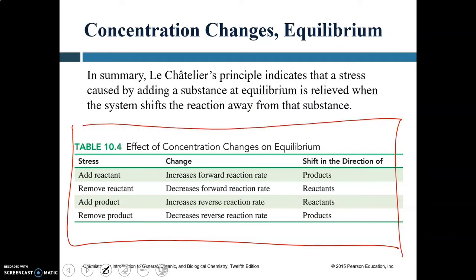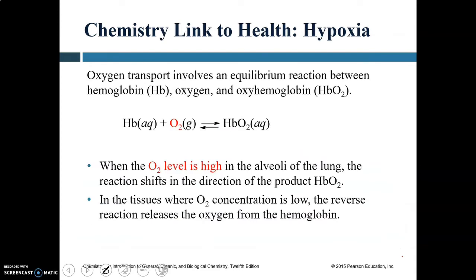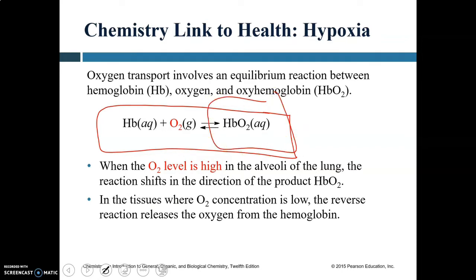I'm going to be asking about that, and we're going to move on to some link to human physiology. In this equilibrium reaction, the high levels of oxygen correspond to high levels of oxyhemoglobin right here. So that happens in the alveoli of the lungs. In the tissues, the concentration of oxygen is low, thus the reverse reaction allows hemoglobin to release oxygen towards the